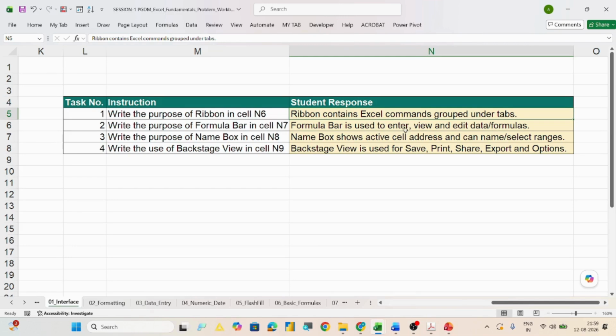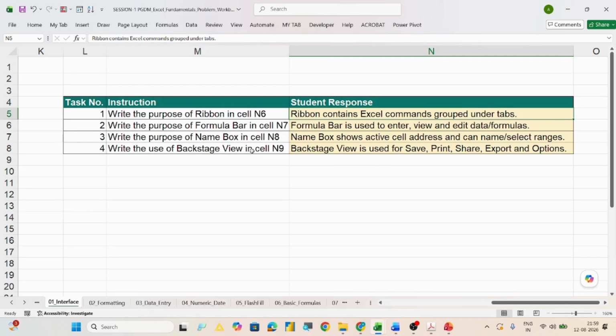You can say in the formula bar, you can write a formula using operators and operands, and you can use inbuilt functions also, wherein you can refer to various cells within the worksheet in which you are working or performing any kind of analysis or calculation. Then what is the purpose of the name box in cell 9A? You have to attempt the answer. So you can write that the name box shows the active cell address, or can name the range also, or can select an already given named range also, as we have just seen before practically.